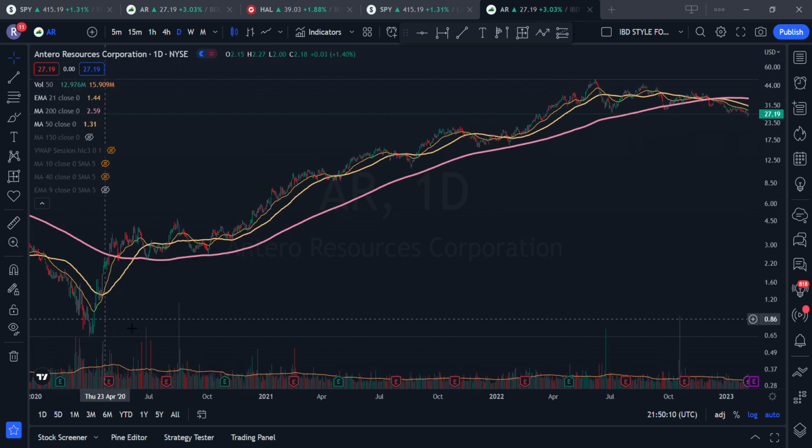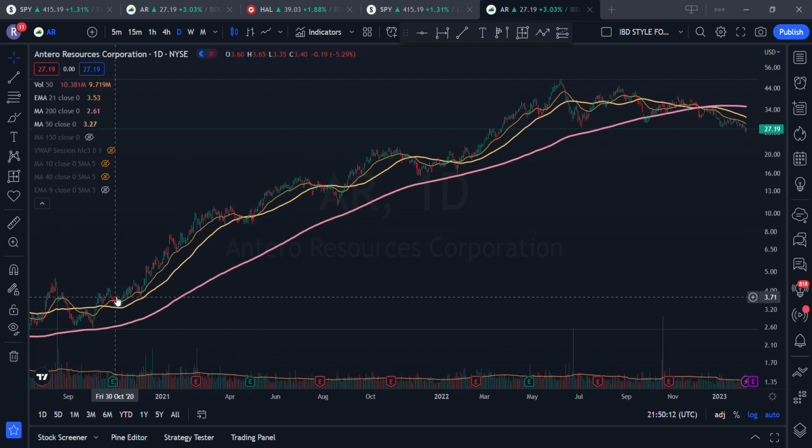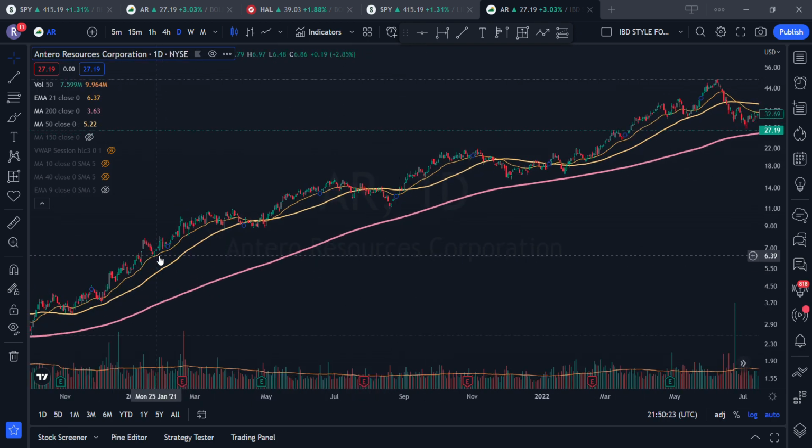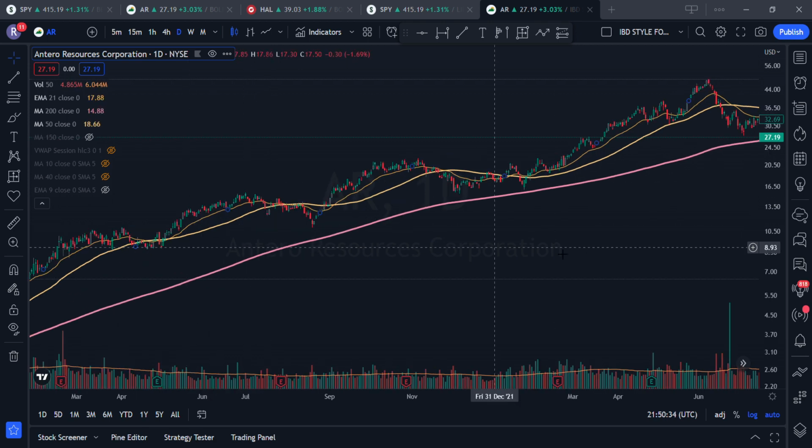You see how the prices stayed above the 50-day and 21 EMA for most of the time, and the price was wedging, coming all the way up to the 21 EMA, then rallying back,